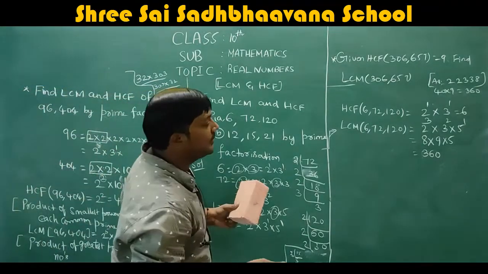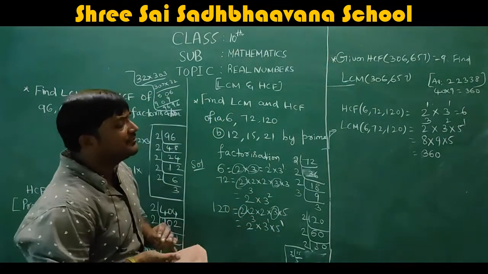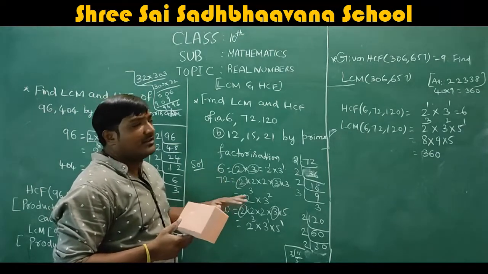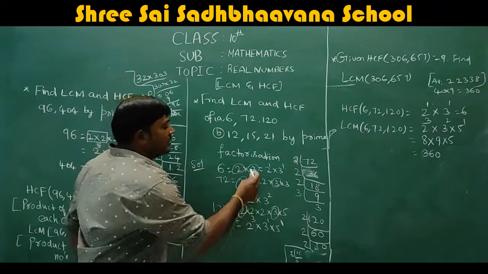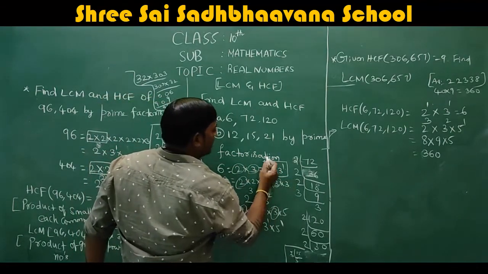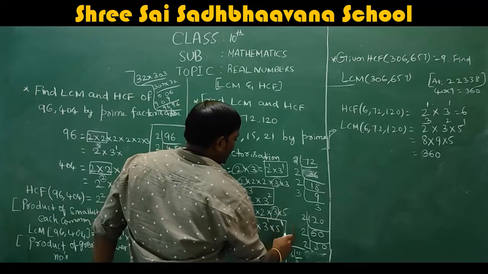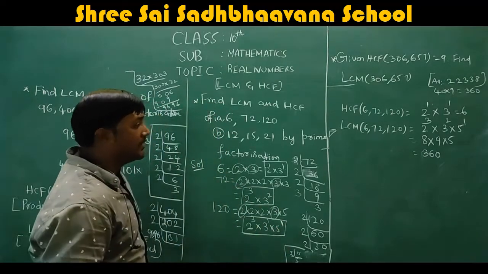So, I'll just explain once again. It is very easy to find LCM and HCF, guys, because you might be having confusion only with powers. So it's very easy. First, you write this power expansion. I'm just underlining this power expansion. So no doubts related to this. If you have any, you can easily understand it. It's not that complicated.